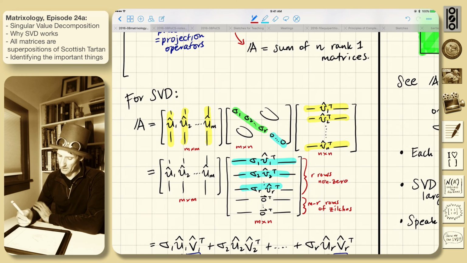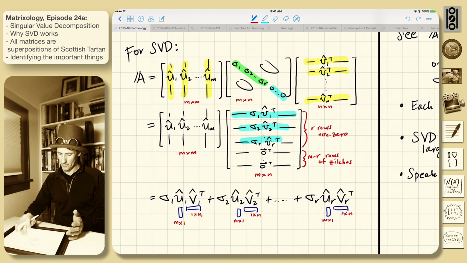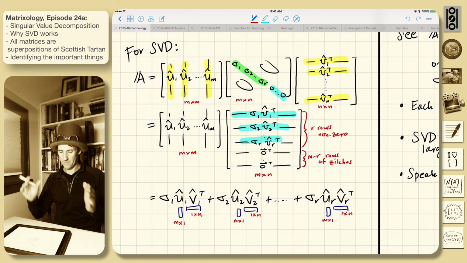And then, depending on M, there'll be M minus R rows of zilches, so all of these are zeros across here. Okay, this is an M by N. And at the front, we had these U vectors all lined up. If we go through and multiply all these things together,